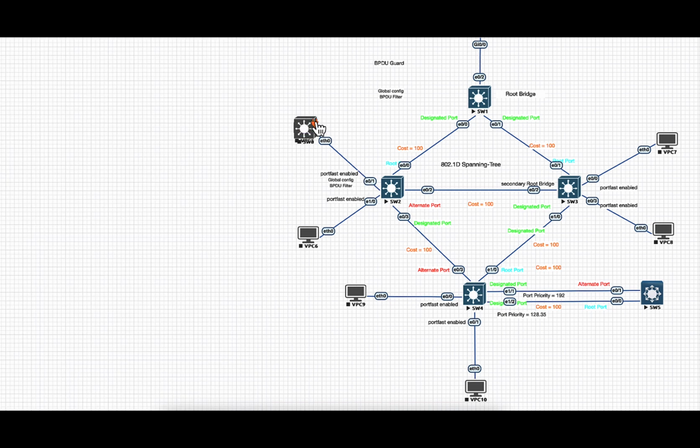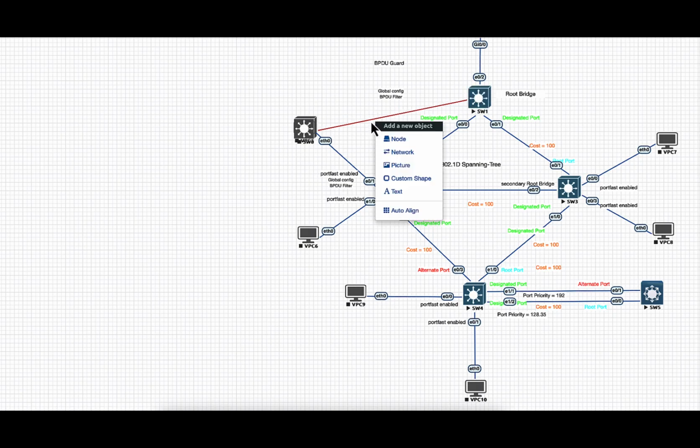So for example, if you have a link like this, it might cause loops between the switches there. The reason you want to do the global configuration is because it safeguards that. That's this scenario. But if you know that